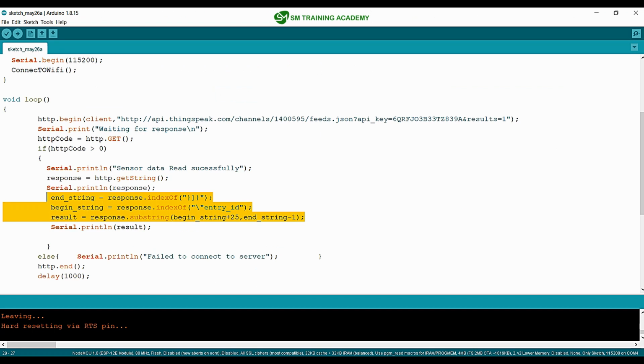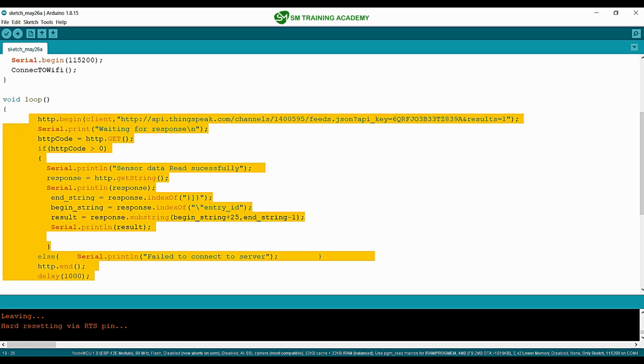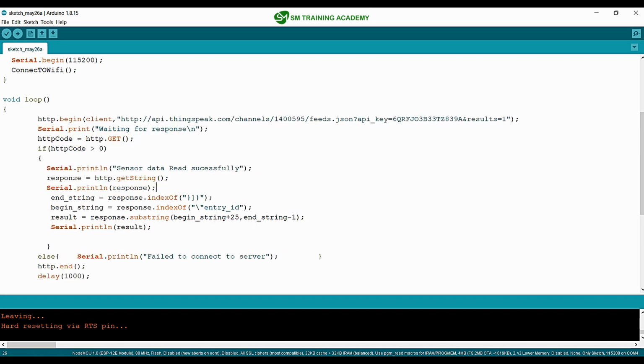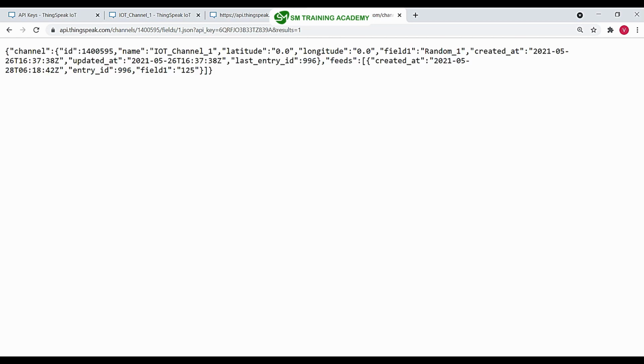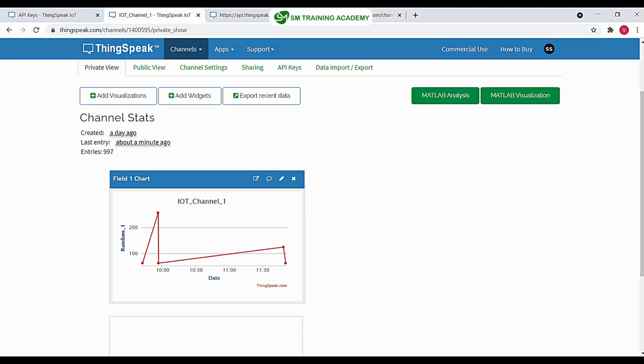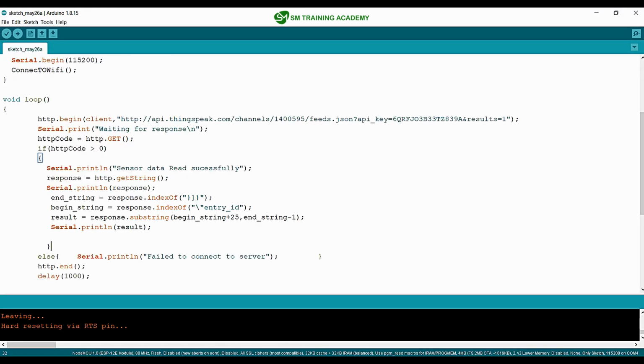And that's it. So in this manner you can use these programming lines for sending a GET request for reading the channel data available in ThingSpeak, and we receive the entire response string from the ThingSpeak server. Then, using the response string, that is this one right over here, we are using some technique for extracting this data that is actually available in the field of the channel using these 3 lines available over here. And this variable result will be holding the actual data that is available in the field, and this response variable, that is a string variable, will be holding the entire response string from the ThingSpeak server.